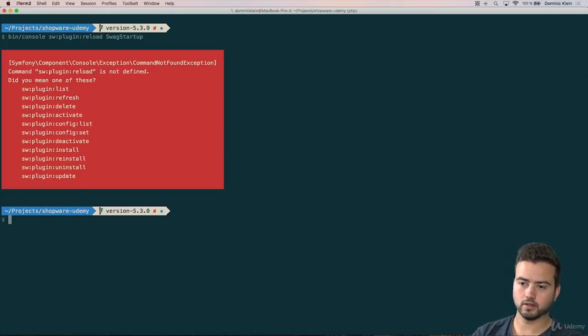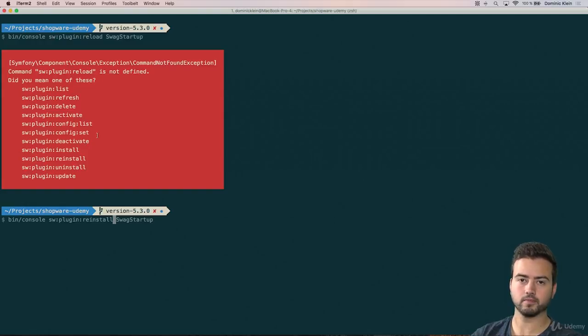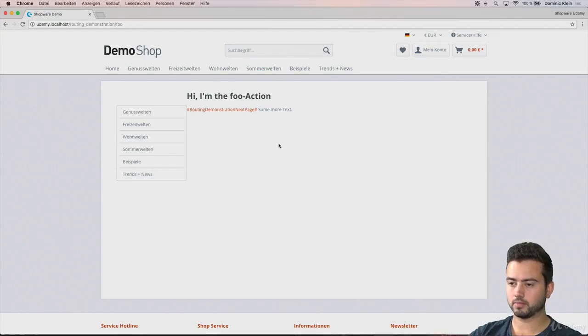Oh, the command was not reload, the command was reinstall. By the way, you see that the command line shows us a list of all the commands that kind of match what we typed there. So we'll also find the reinstall command down here and reinstall the plugin. And if we now reload the page,